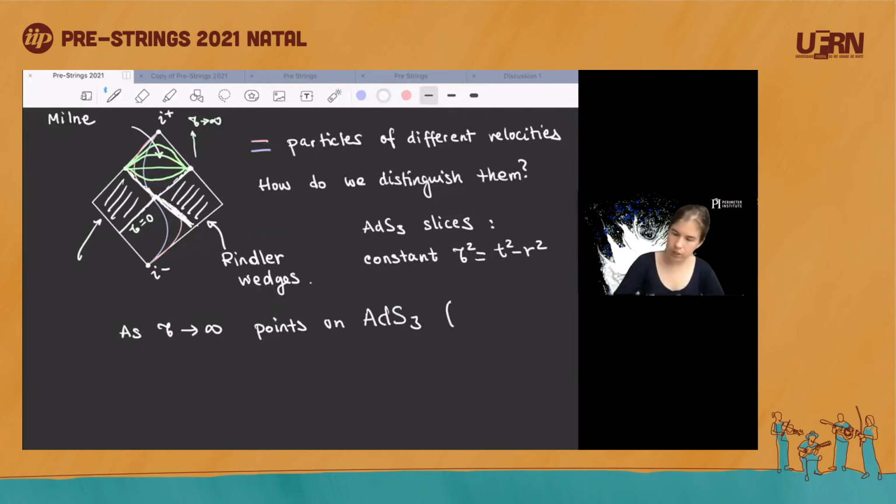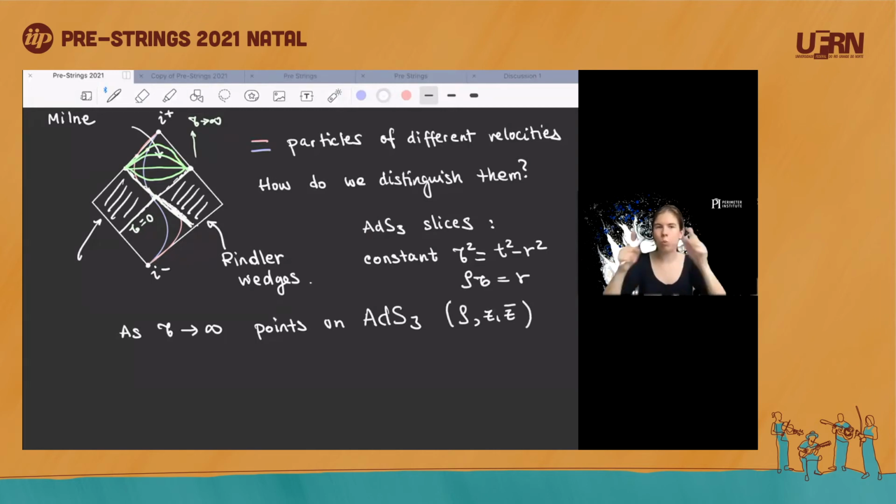Let me also say that I'm defining some coordinate rho such that rho times tau is equal to r. So now we have these AdS3 slices of constant tau, labeled by coordinates rho, z, and z bar. Such points, just from this diagram, you can see that they correspond, they are pierced by massive